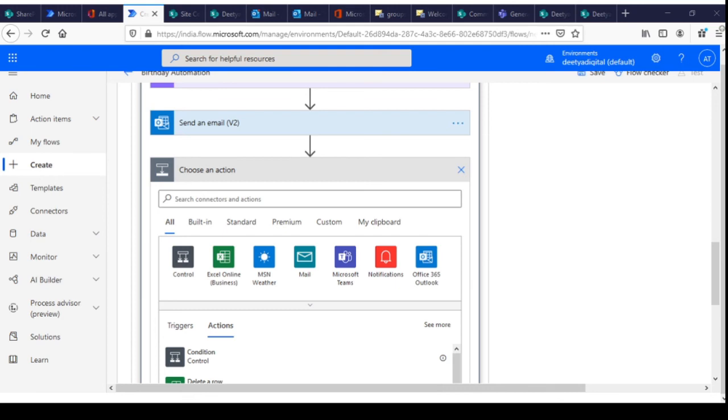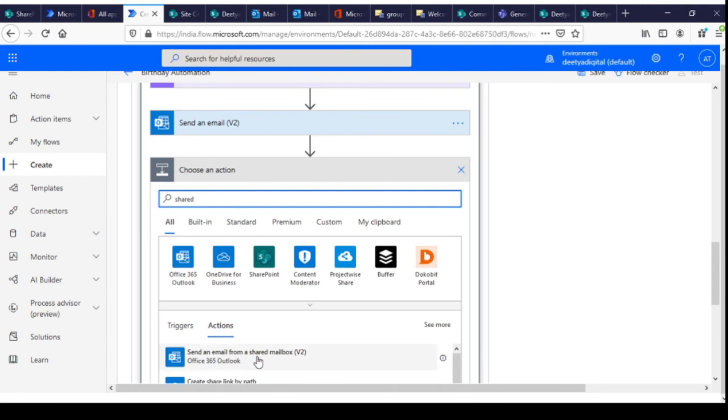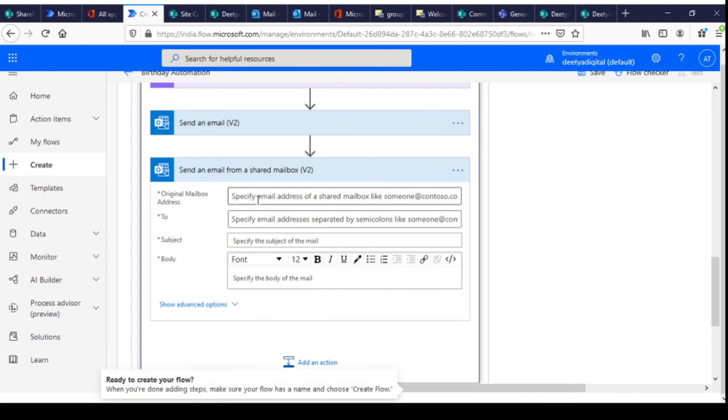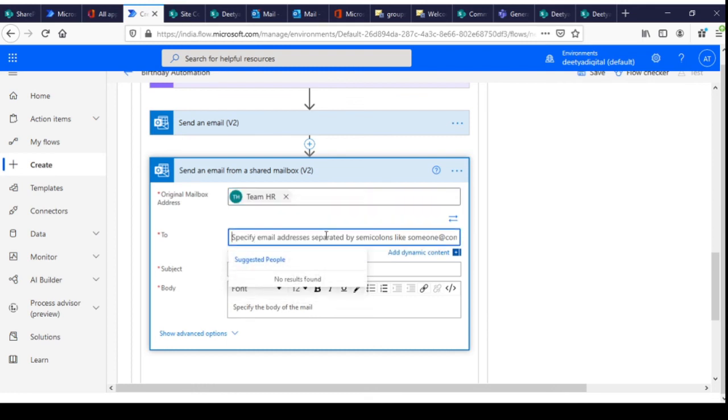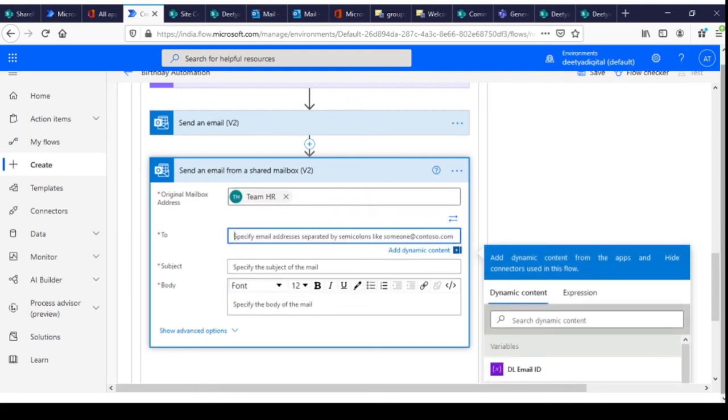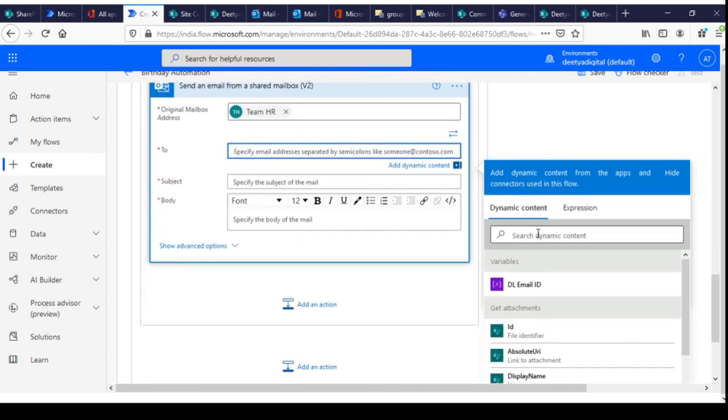I'll do that separately, but right now I'm skipping that process. Shared mailbox, send an email from shared mailbox v2. Just specify the shared mailbox team. This is my shared mailbox. To, rest, everything remains same.